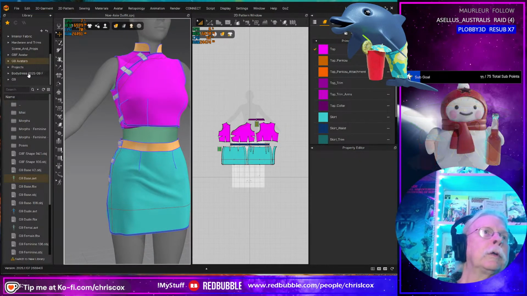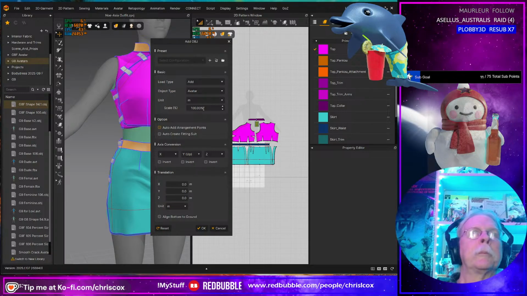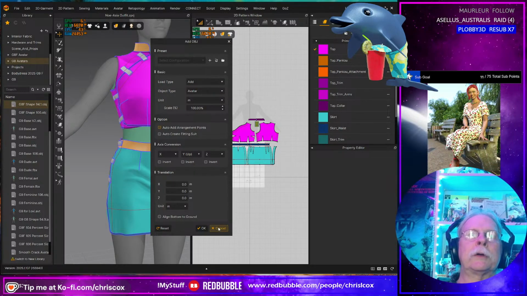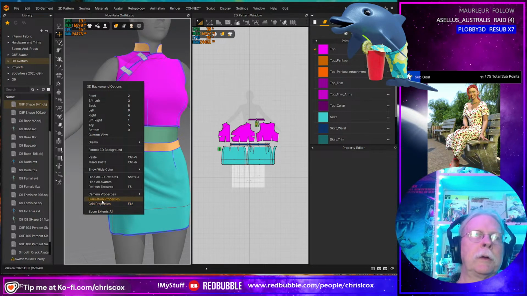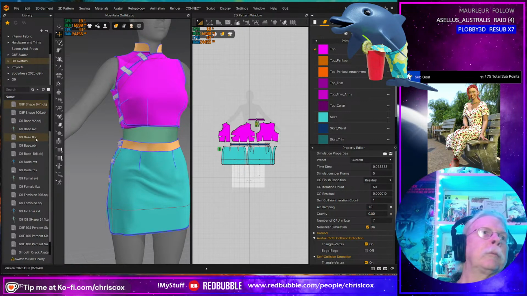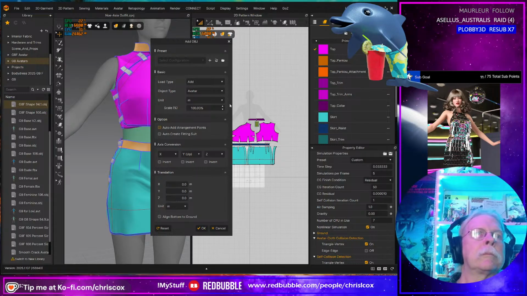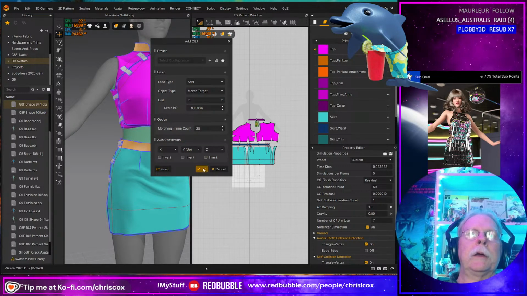And then we're going to load in this right here, Genesis 9, Genesis 8 shape as a morph target. Actually, let me cancel that. Let me make sure my gravity's turned off first. Then we're going to bring in that as a morph target. And say okay to that.